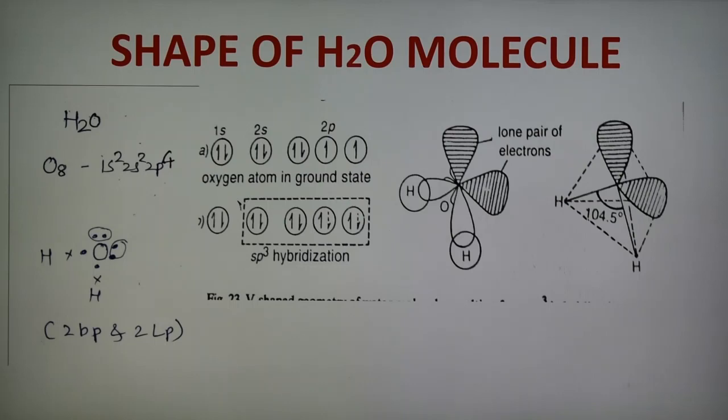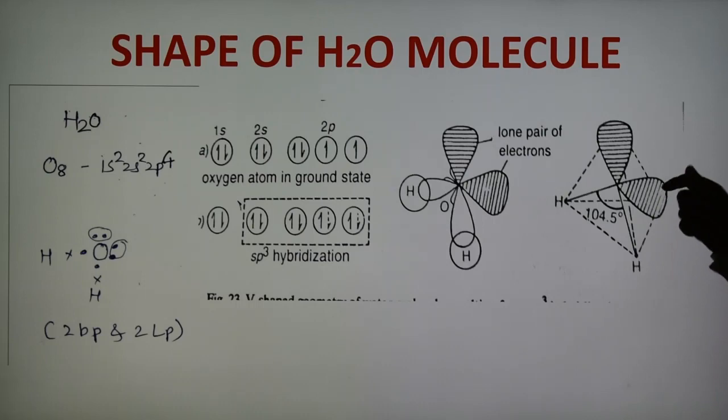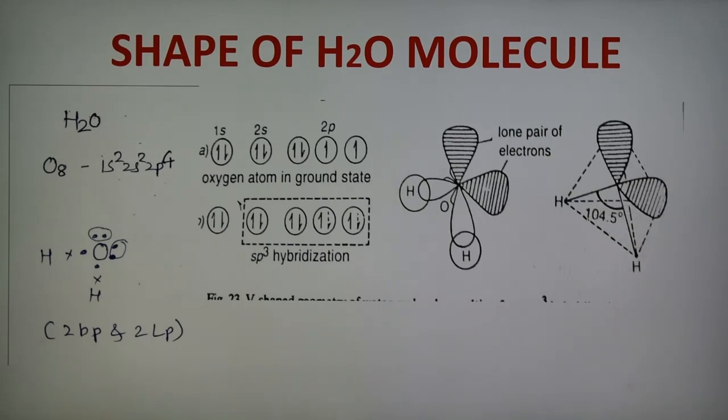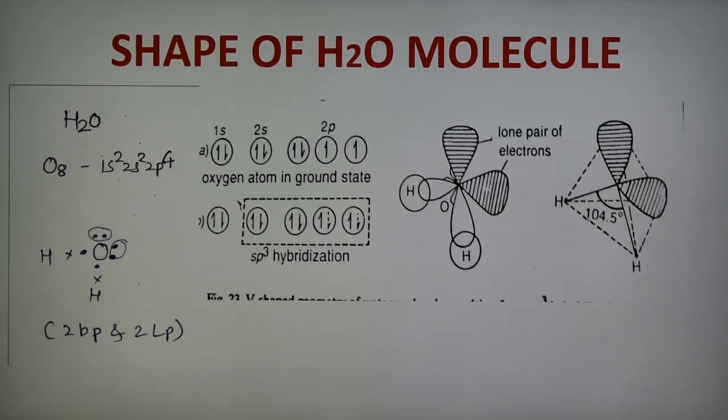Bond angle further decreases. Why? Bond angle further decreases from the tetrahedral angle. So here this is the bent shape or angular shape or V shape, and it is the shape because of the presence of two lone pairs. So the bond angle decreases further to 104.5 degrees. It is because of the presence of two lone pairs of electrons. And in this case, as per rule number 2, lone pair-lone pair repulsion is more as compared to lone pair-bond pair, and therefore the bond angle comes close and decreases again. So this is the shape of water.